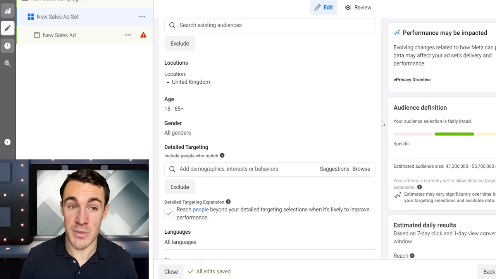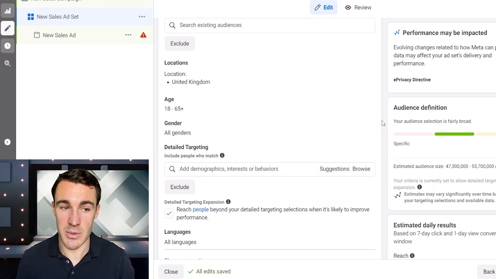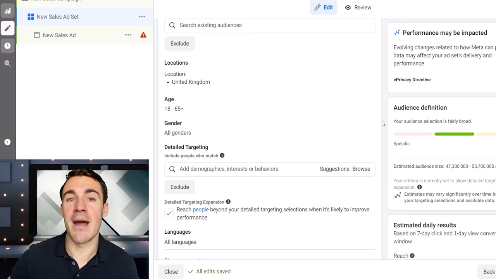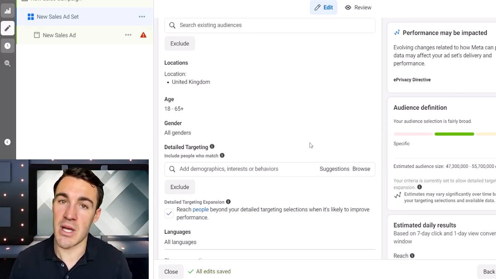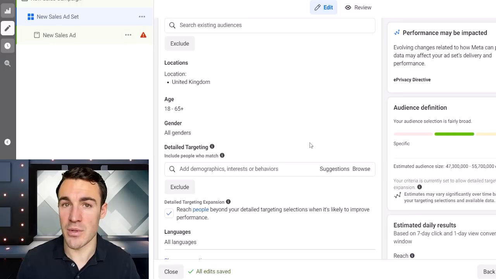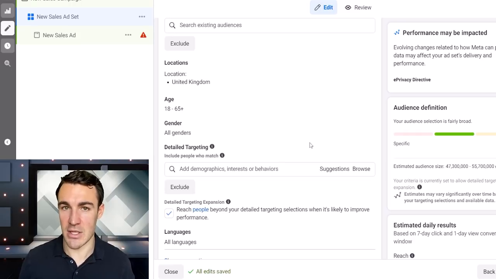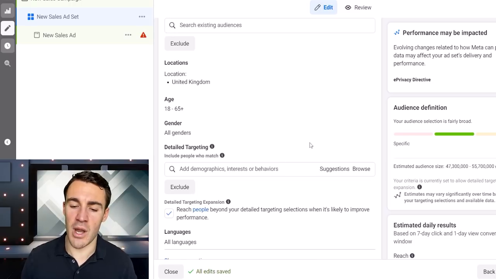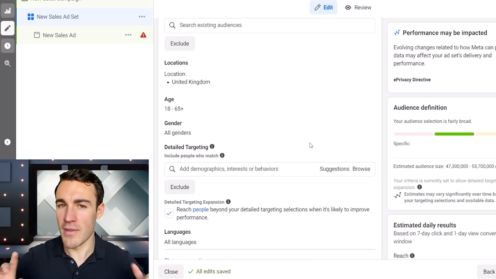Different businesses are going to find success with each. That's why we have three different options, because as an agency, this is what we do. We troubleshoot, we try and work out solutions for our clients. We found that some have worked really well with the lookalike option. With the more mature ad accounts, broad targeting has worked well. And with some, we've been able to target other detailed targeting options that still can deliver great results, but they're just a little bit different. You have to think around the corner a little bit with the media outlets and things along those lines. But depending on what's appropriate for your business, try all three. You may find that all three work. You may find that one works, but don't just feel like your detailed targeting option has been removed, there's nothing you can do now, Facebook won't work for you. That's almost certainly not true.